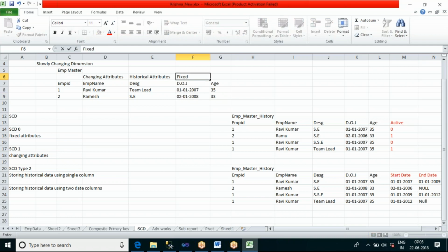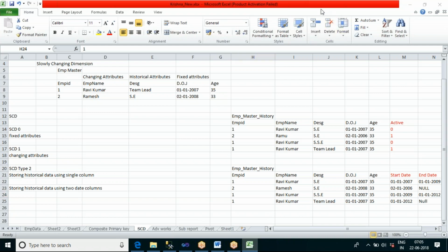If anybody tries to change them in the master table, I should not accept the change in the historical table. This type of change comes under SCD0. Understood? So this is called the SCD concept, slowly changing dimension concept.